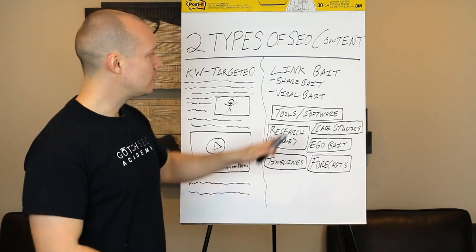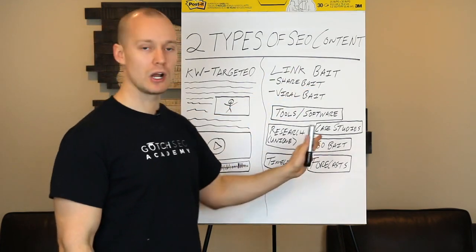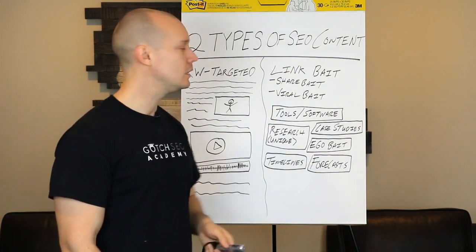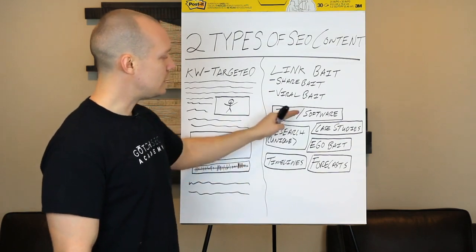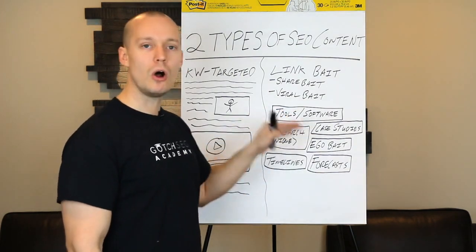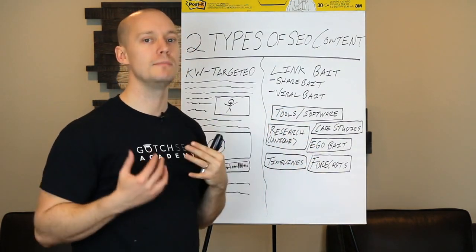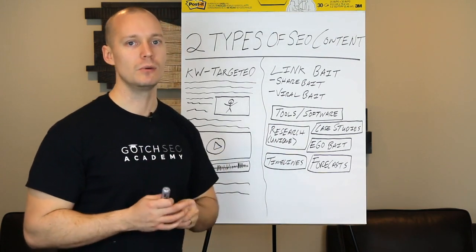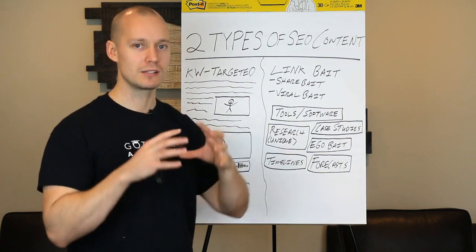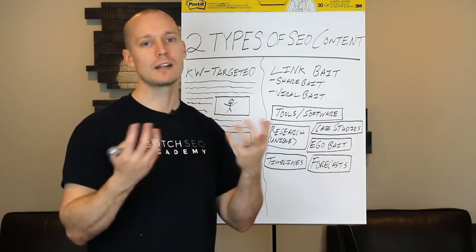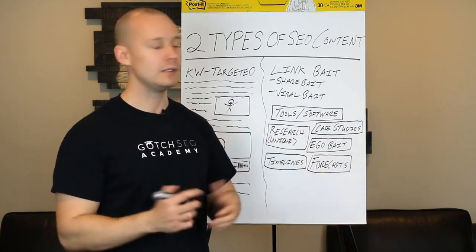But with that said, the point of this 20% of the content that you create, which is called link bait, is that these types of content assets are all designed to attract backlinks naturally. And so they're specifically architected and created to attract backlinks. And that's why they're called link bait.